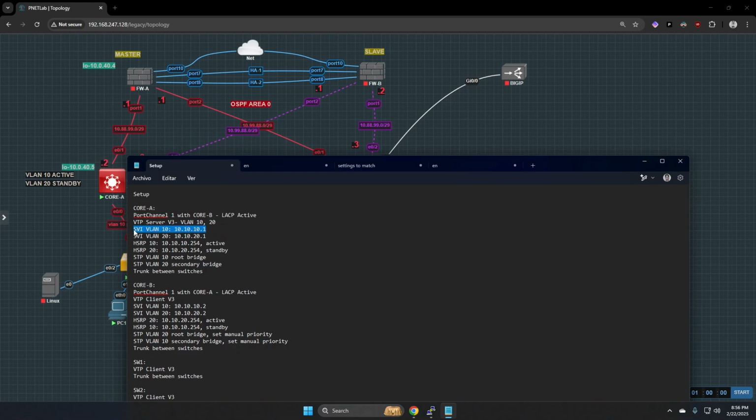Okay, next step is to set up SVIs for VLAN 10 and 20 on each switch, just on core A and B. So that's that. Cool. Let's go on core A